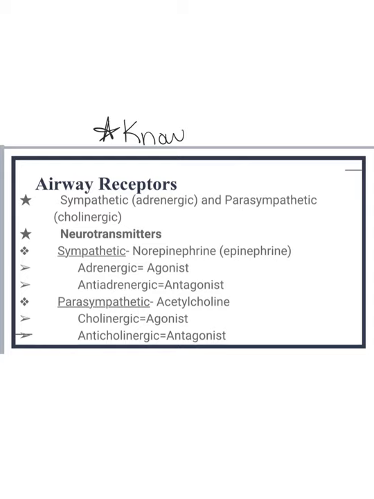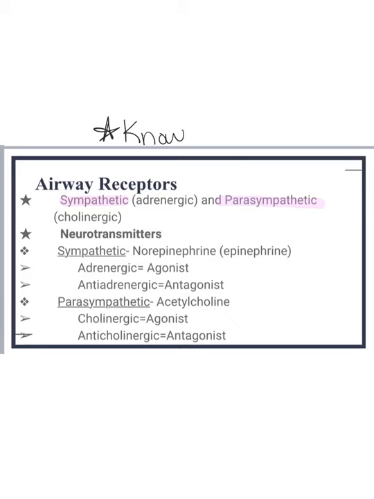Depending on where drugs bind is going to give the effects that we want. So if we know what receptors we want to stimulate or block, we can give and recommend the proper drugs. So we are looking in the airway at sympathetic and parasympathetic airway receptors. So remember, sympathetic is stimulated during fight or flight. So big deep breaths, increased heart rate, so it's going to cause